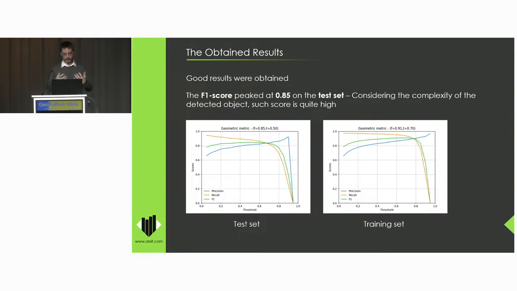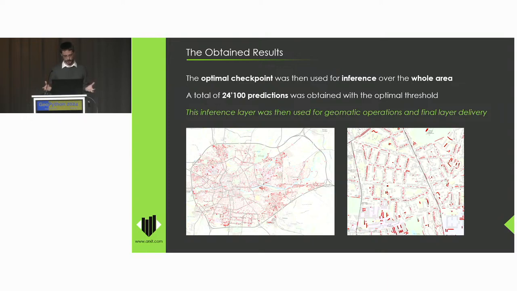So for him, 85 as an F1 score was sufficient to demonstrate that AI is an interesting technology to tackle this domain expert problem. So with this model in hand, we were able to launch the inference, so the detection, the computation of the inventory over the whole area. We just ran the model over the entire set of images covering the entire area, and the model just made predictions on all the tiles, and we just received these predictions.